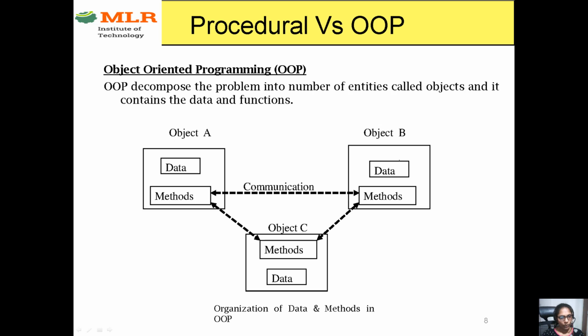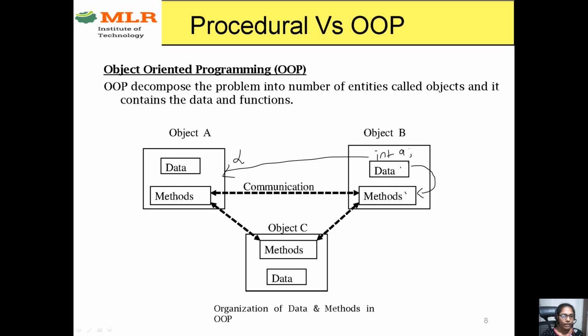And coming to object oriented, here everything will be in the form of objects. So here we are taking 3 different objects. As we discussed, the data and methods will be combined within the object. And the advantage is this data can be accessed by only these methods. For example, if I declare any data item A here, this cannot be accessed by this object, so this is not possible. Or this data cannot be accessed by the methods available in the other object. So this data can be accessed by only these methods.